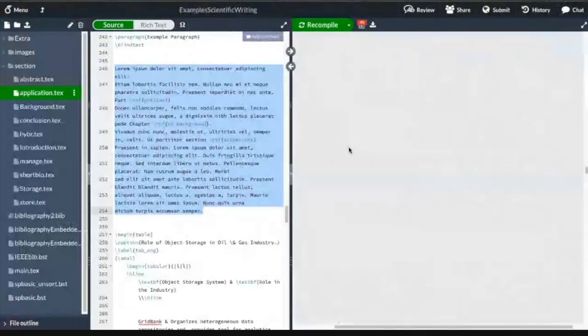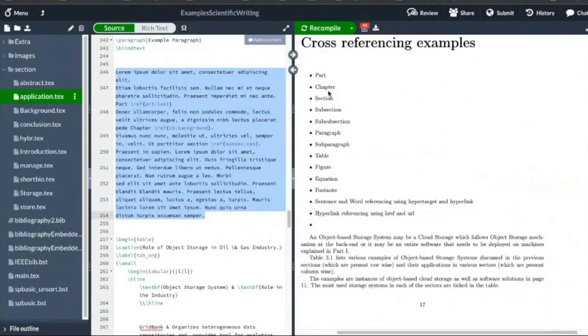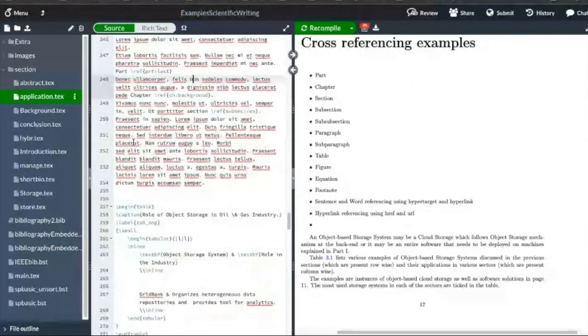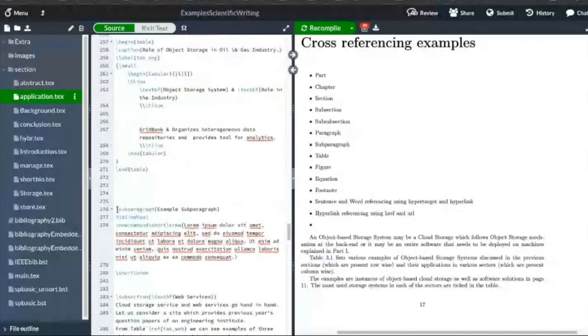So I hope you can cross-reference part, chapter, section, subsection, paragraph, all these things. For paragraph, you can use the paragraph command like section and subsection. And for subparagraph, you have to use the subparagraph command. Okay. Now, if you look at the content of this document,